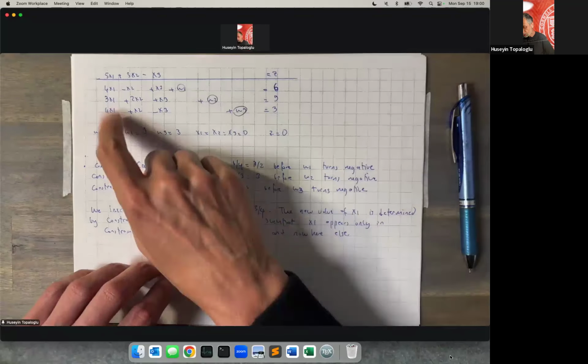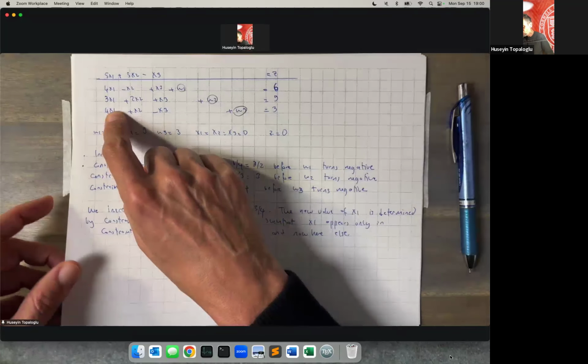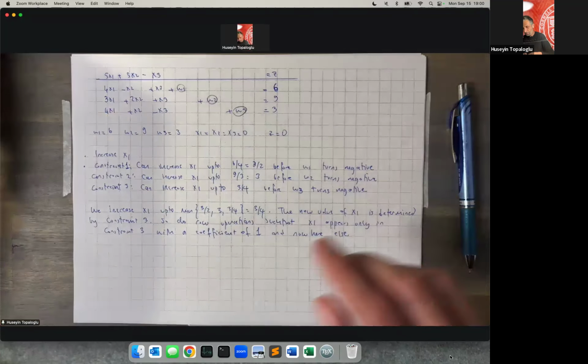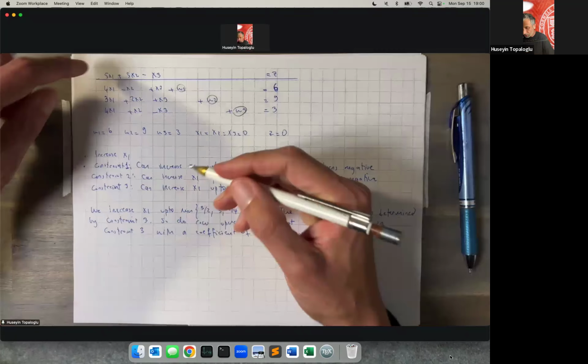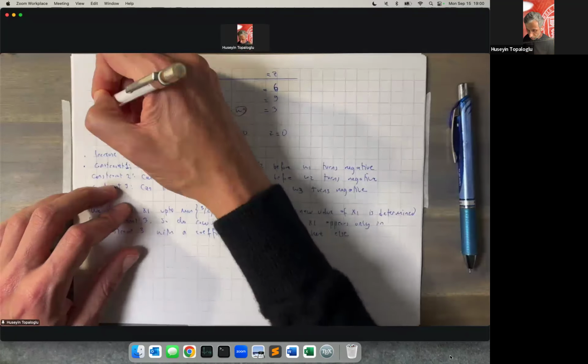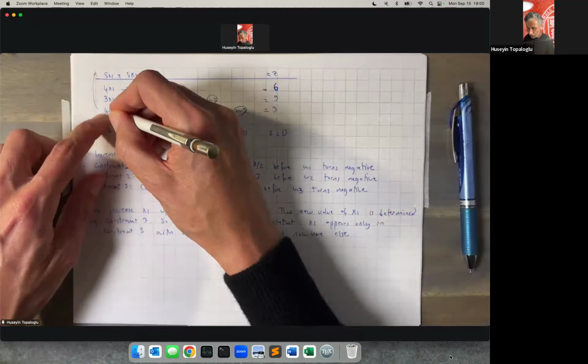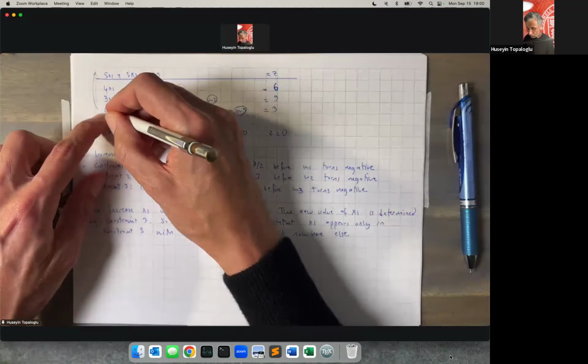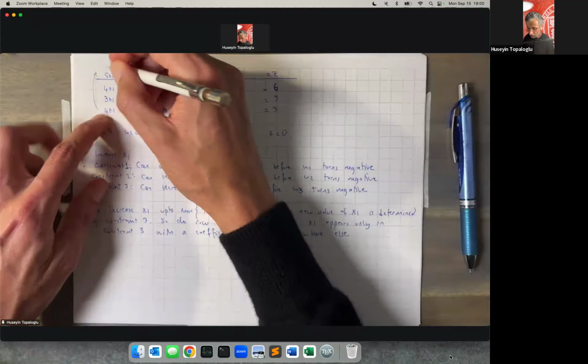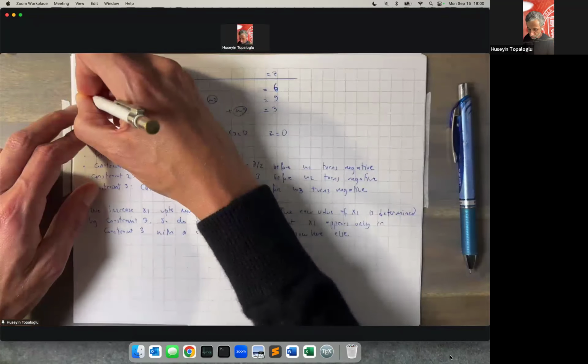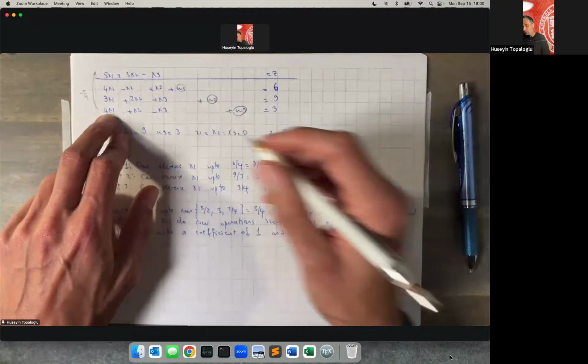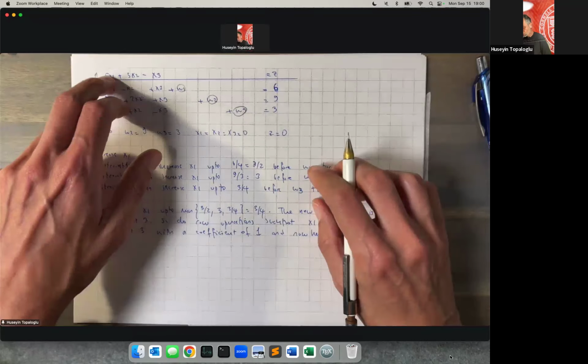So let's do those row operations such that x1 appears only in the third constraint row with a coefficient of 1, nowhere else. So I want x1 to disappear from the objective function row. That means that if I take the third constraint row, multiply it by minus 5 over 4, 4 times minus 5 over 4 is going to give me 5. So that's going to cancel the 5 in the objective function. So I want to multiply the third constraint row by minus 5 over 4, add it to the objective function